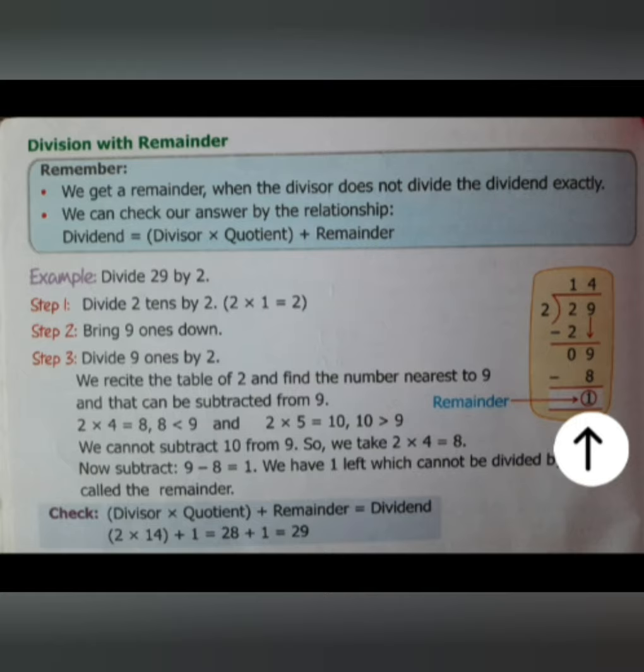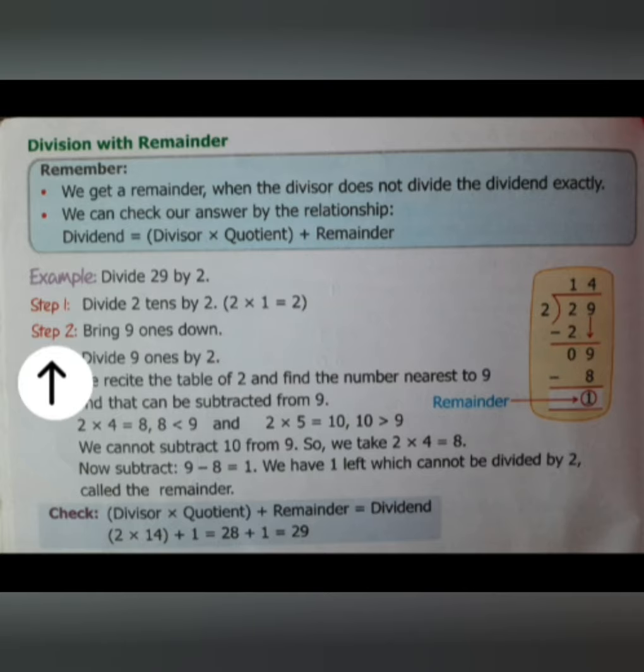So children, when the remainder comes, always keep it in mind that remainder is always less than the divisor. After that, the division is not possible. Here 1 is the remainder. So children, you can see the steps also. What we have done, at first we have divided 2 tenths, that is 20. This 2, okay, 2 tenths by 2. We know that 2 ones are 2. At top we have written 1.